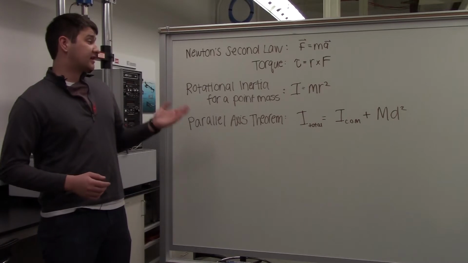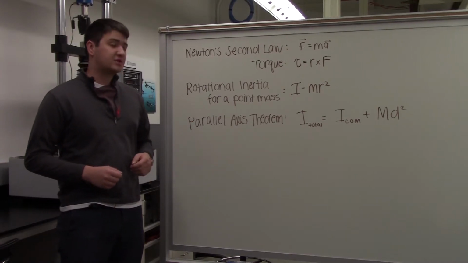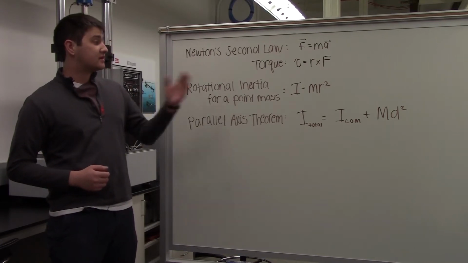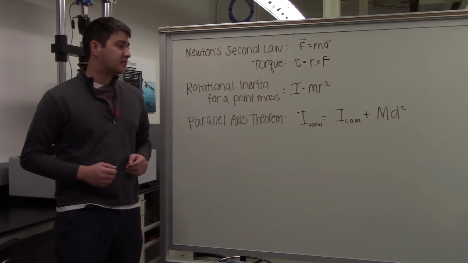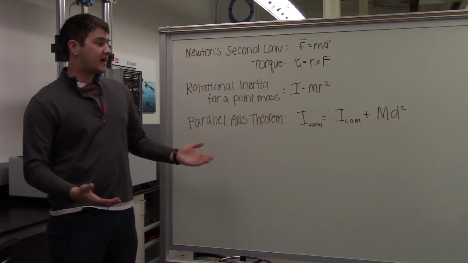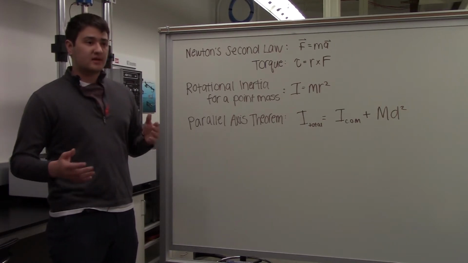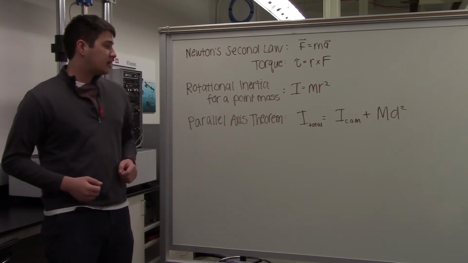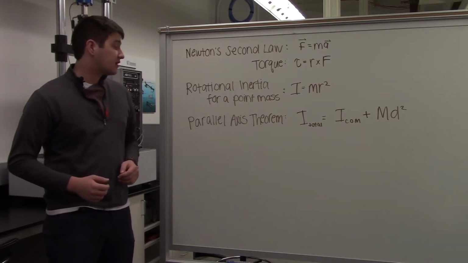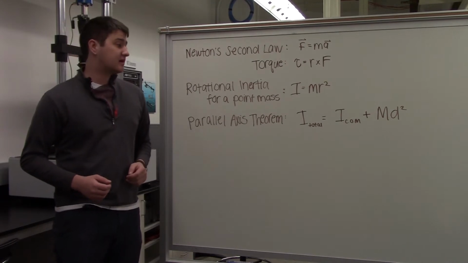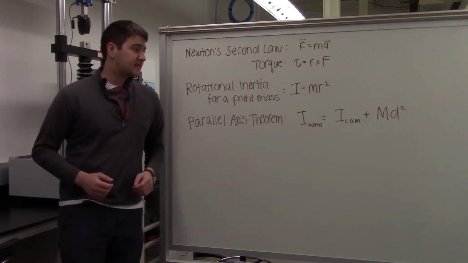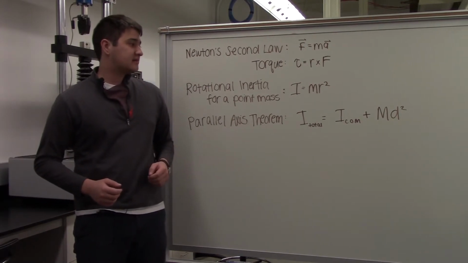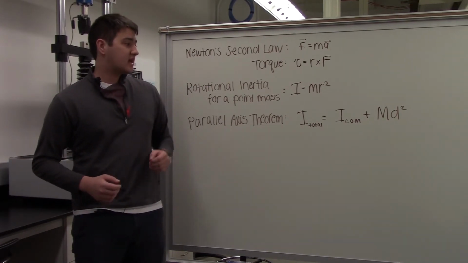We'll also be looking at rotational inertia of a point mass, which you will come across in your dynamics class. In this case, the moment of inertia is equal to mr squared, where m is the mass and r is the distance between the center of mass and the point of rotation. We'll also be using the parallel axis theorem: the total moment of inertia equals the moment of inertia at the center of mass plus the mass times the distance between the center of mass and the point of rotation,